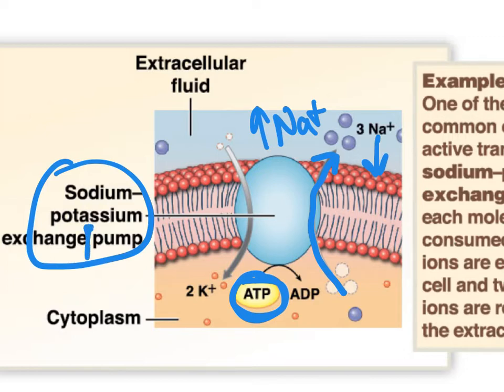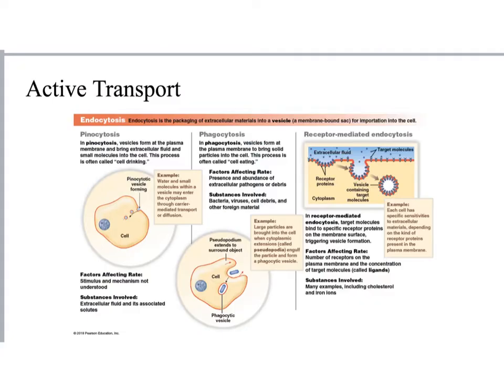And this is why we call it a pump. A pump takes energy. And then the same thing is true with potassium. So you're going to pump out sodium and you're going to pump in potassium, and it's going to require energy in the form of ATP. So we're going to say this is active transport. And this sodium-potassium pump, you're going to see, is very important when you get to physiology. Other forms of active transport are things like